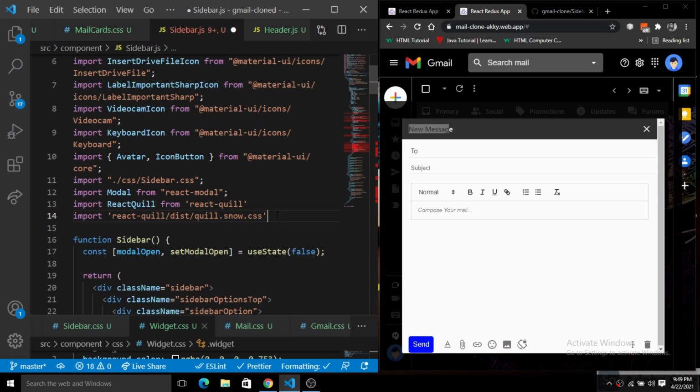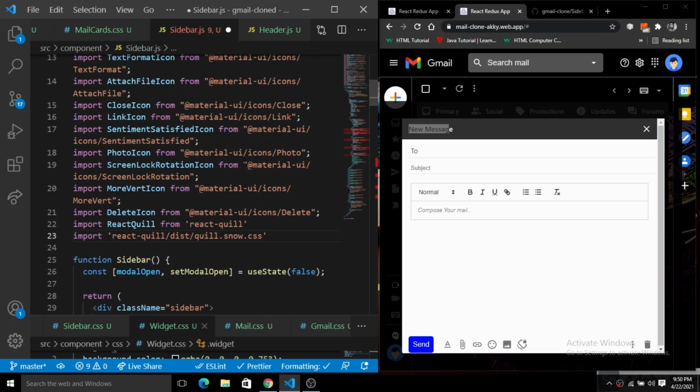Next we have to import every icon. As you can see, we have this text icon, the attach icon, the drive icon, the emoji icon, the photos and the screen lock icon. We also have this delete icon, the more vert icon, a more horizontal icon, and a close icon. So we will import each and every icon, and when we add all the import statements, then we will create the custom hooks. You will see everything there.